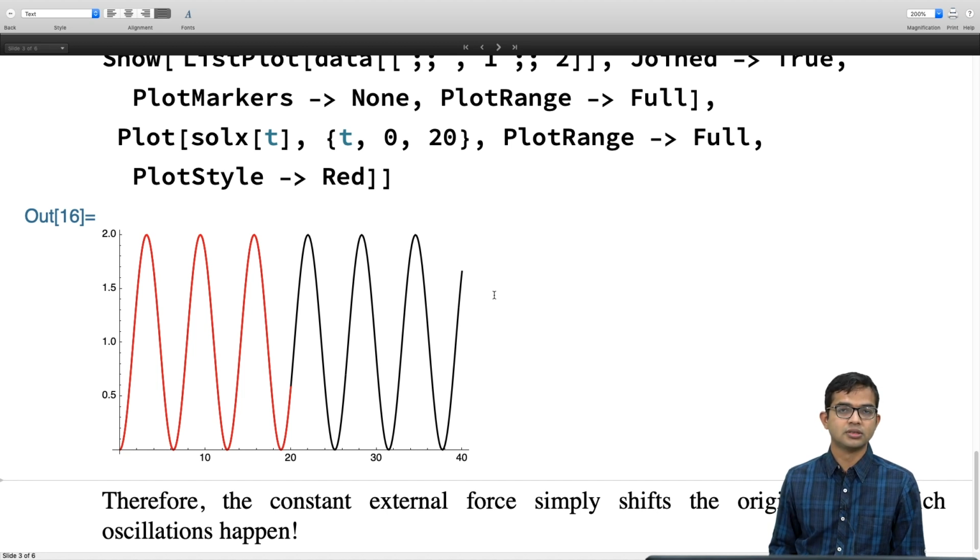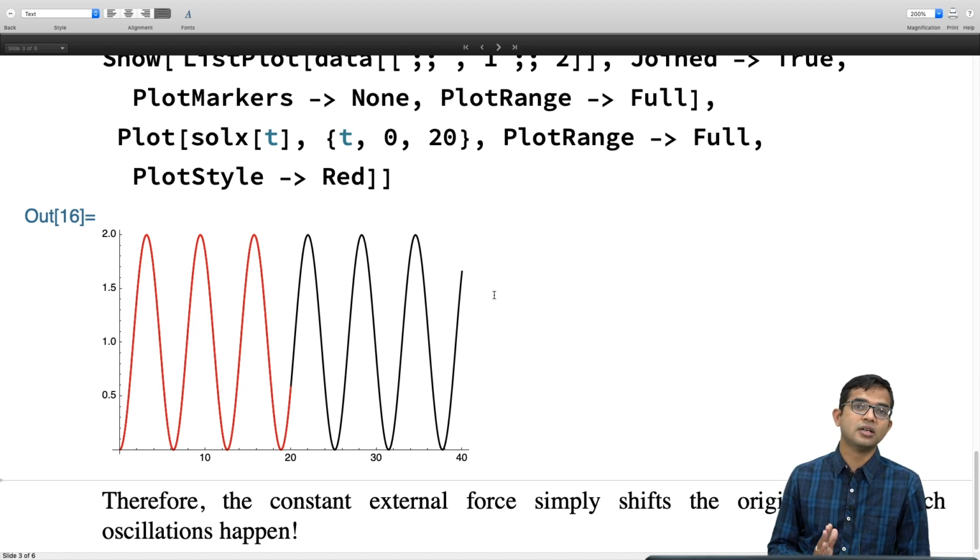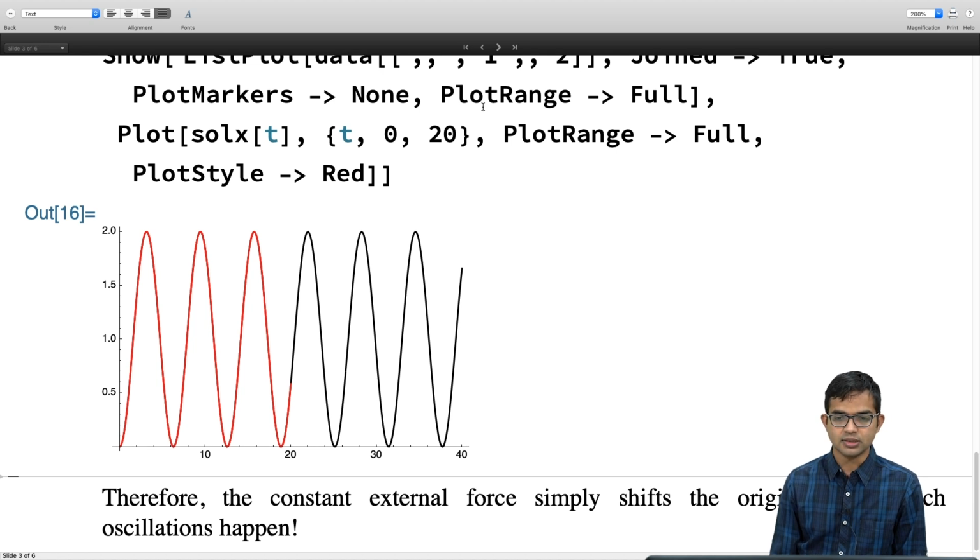It's just oscillations, and the particle is going to be bounded, and it doesn't matter how large your external force is, it's only going to manage to shift the equilibrium position, nothing else, right? So this is something quite interesting. If you want your external force to do something more dramatic, you need it to change as a function of time.